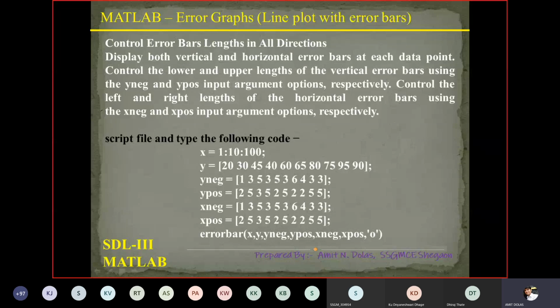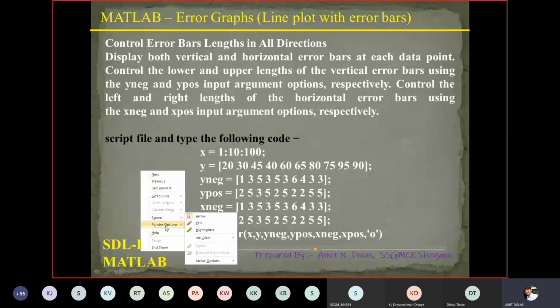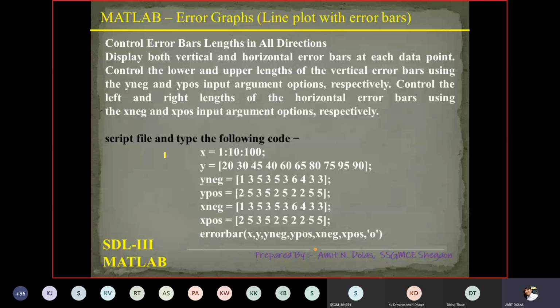And here is one more command. You do not need to learn all of them. We are going through so that we should know what the different plots and tasks are, error bars in this, as it is given in the syllabus. Even though in your practical work, most of these instructions are not used.